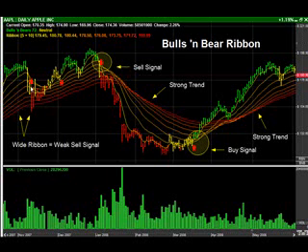Now the bulls and bears, of course, tells us when a market changes from bullish to bearish and bearish to bullish, but it can't tell you how long that trend is going to last. That's where the bulls and bears ribbon indicator can come in and give us a little bit better insight. And notice that it didn't have a real tight squeeze point around here. Okay, and then as this market begins to rally once again, we come up here and we get a sell